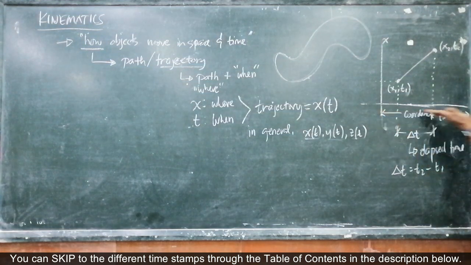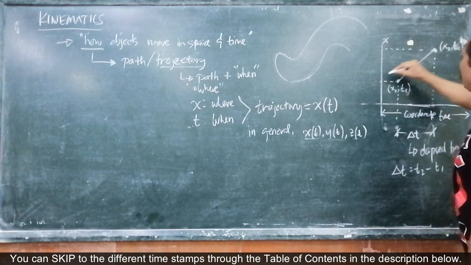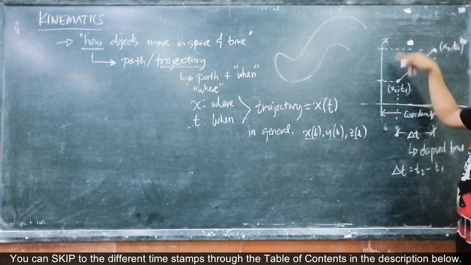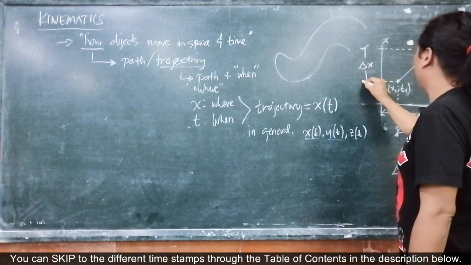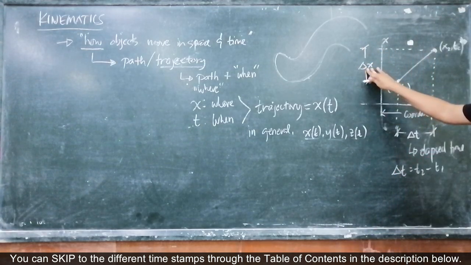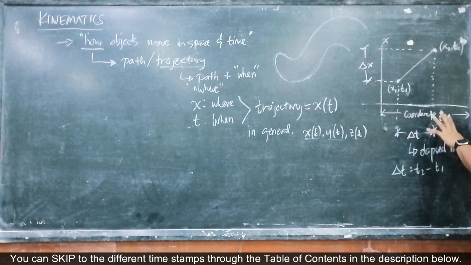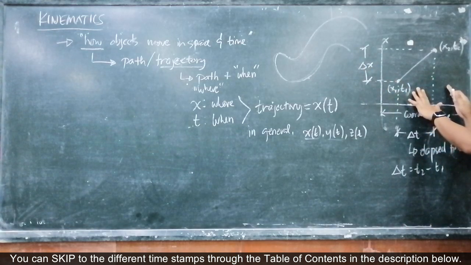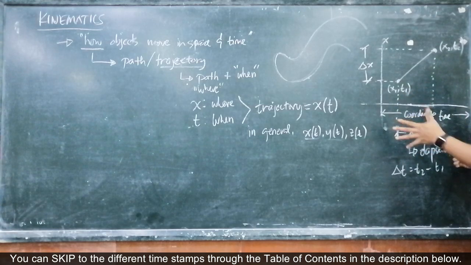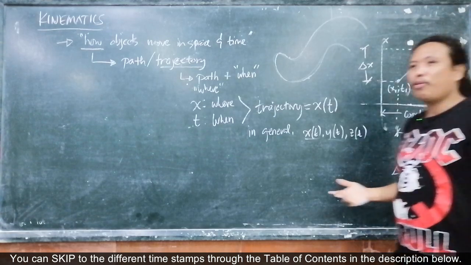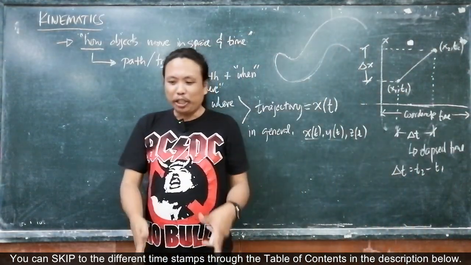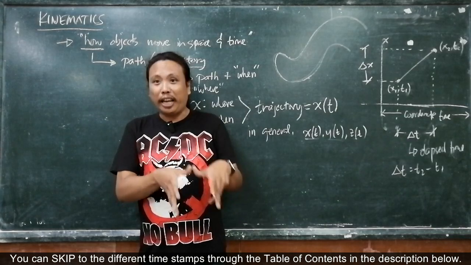So the coordinate time is the clock, the ticks of the clock. This one here is the distance covered. This is now delta x. So that means if we're going to make a physical sense of this graph, think of T1 as, let's say, 1 o'clock, and T2 as 3 o'clock. No? On the road, we see kilometer 14, kilometer 100, right?